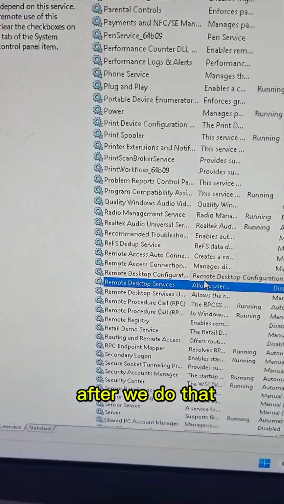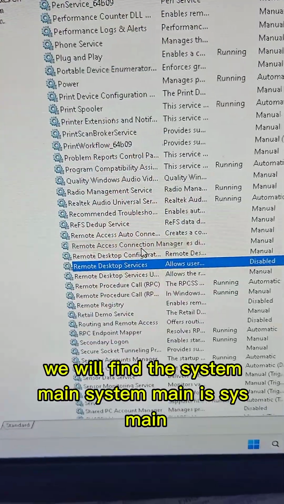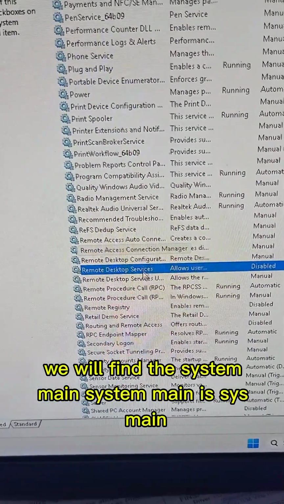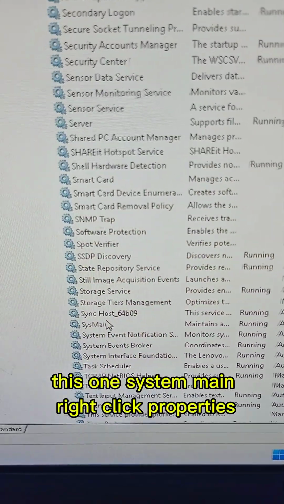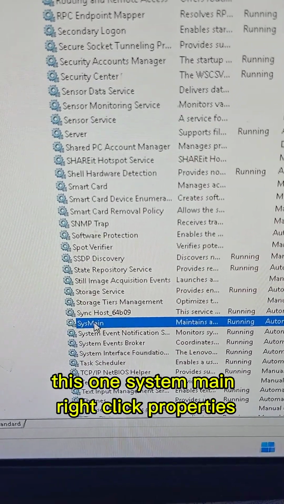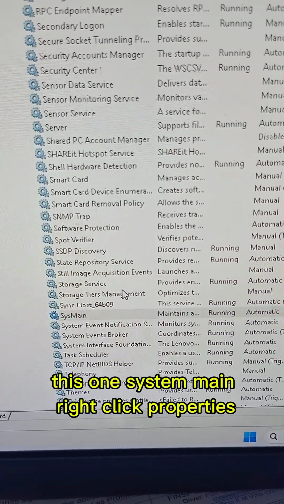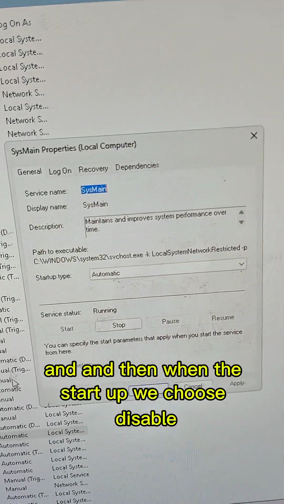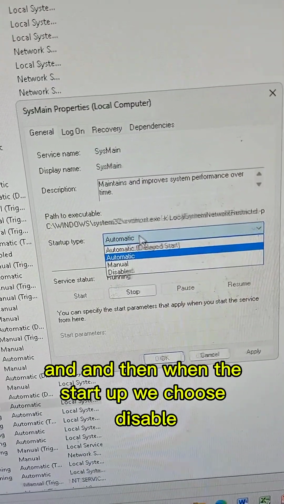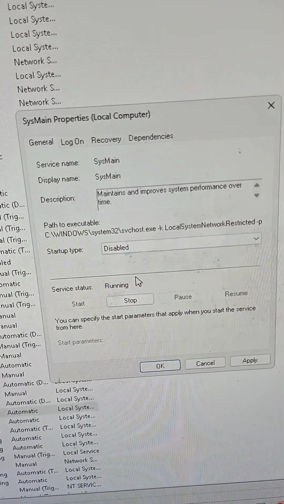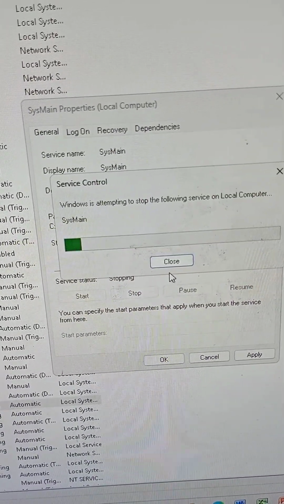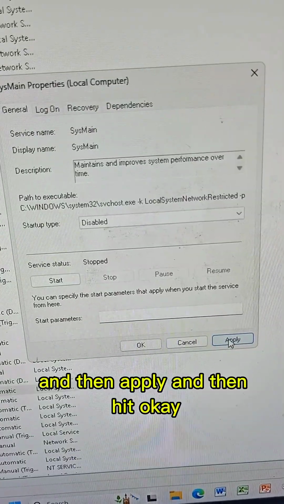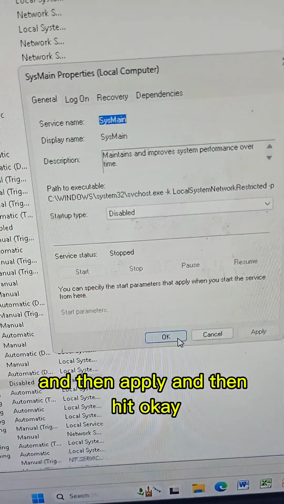After we do that, we will find SysMain. This one, SysMain. Right click, properties, and then in the startup type we choose disable. Okay, we will click stop and then apply, and then hit OK.